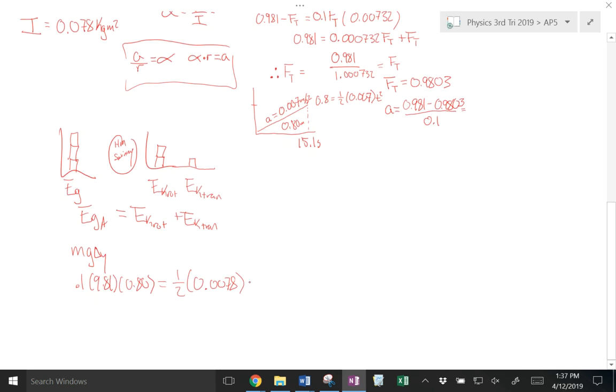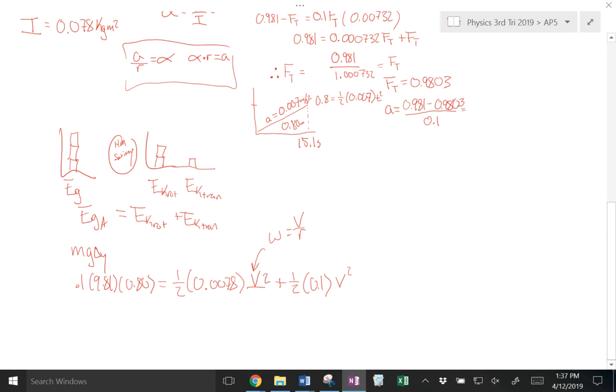I times omega squared plus 1/2 times 0.1 times v squared. Now here's the thing. The meters per second of this velocity have to match the tangential velocity at the rim of that spindle. So I'm going to go into this omega and recall that omega is v over r. So this is going to become